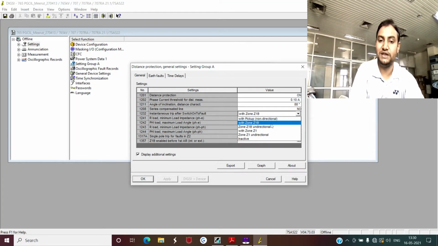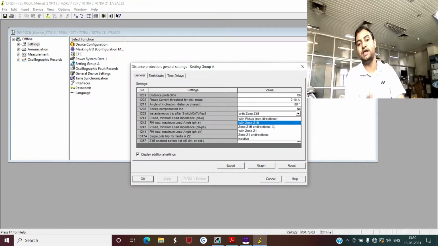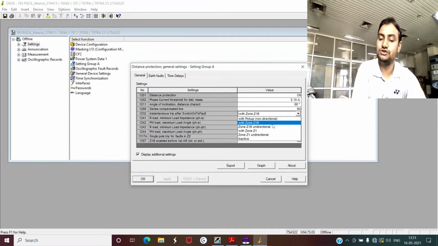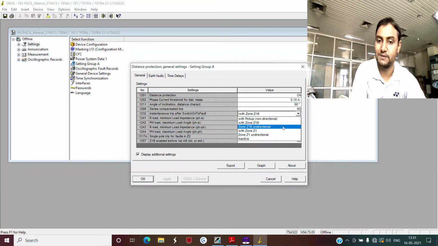So if you are closing the breaker and it detects a fault in zone 2, that means it detects a fault in the forward direction, then only this relay will issue a 3-phase instantaneous tripping command. And kindly note that zone 2, as you are already aware, as I have discussed in the theoretical session, is time delayed. But once it detects your SOTF function, that is, your switch on to fault protection, those timers will be bypassed and the relay will issue a 3-phase trip command.